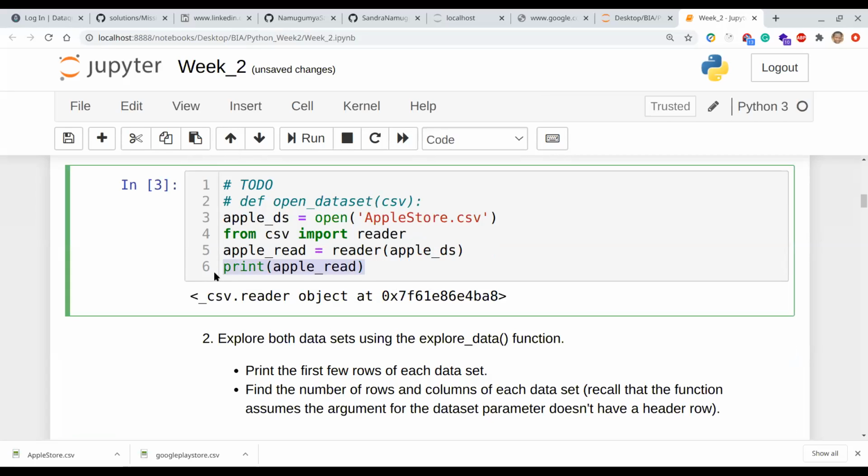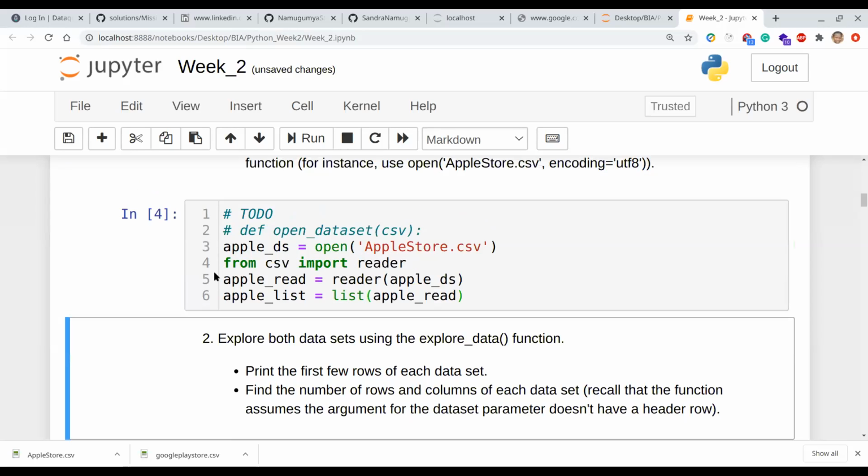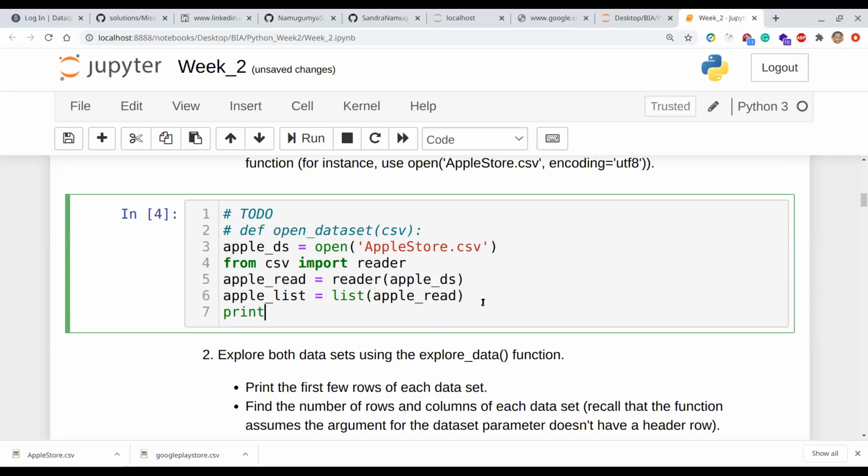Then the next step is to convert whatever you have read into a list, because now it's in the form of a CSV object. So if I call it Apple list, I'm going to call list. You remember what you learned earlier? Apple, the Apple read, what I'm reading. So I have that. Now this is printable. So if I say print